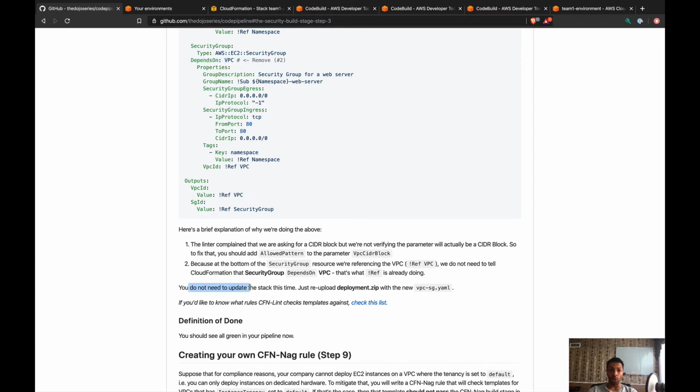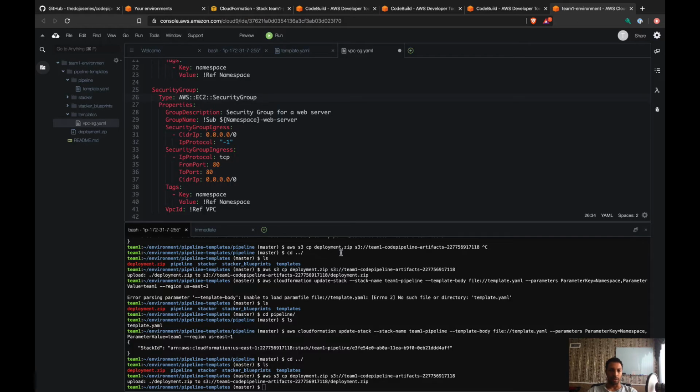And yeah, we do not need to update the stack because we did not change any stages or anything in the pipeline. We just changed the template that's going to be analyzed by the linting stage. But since we changed the template, that means we need to generate the deployment.zip again. Let's go back here and